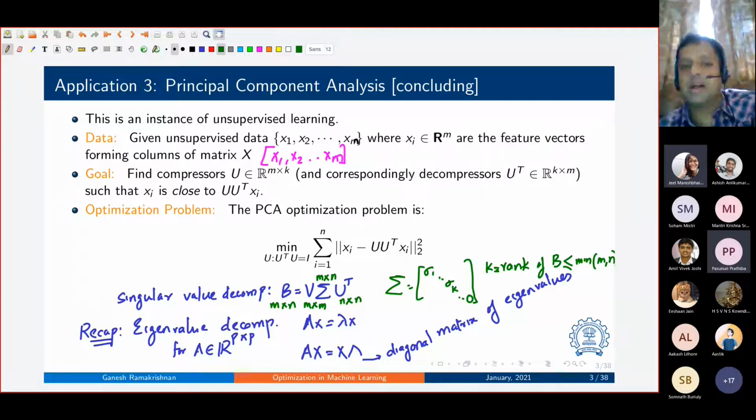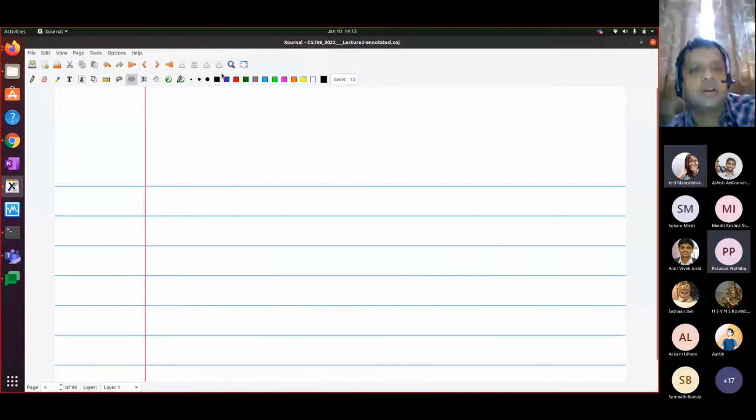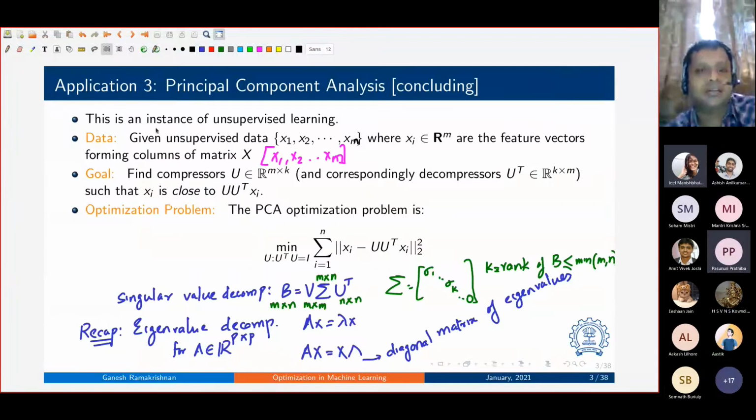So given this, what's the relation between singular value decomposition and eigenvalue decomposition? Well, you could do the following. For B, you could consider the eigenvalue decomposition for B transpose B and the eigenvalue decomposition for BB transpose. But let's consider for a while the eigenvalue decomposition of B transpose B. Okay, so I'm going to just start a new page and let's copy some of the stuff there.